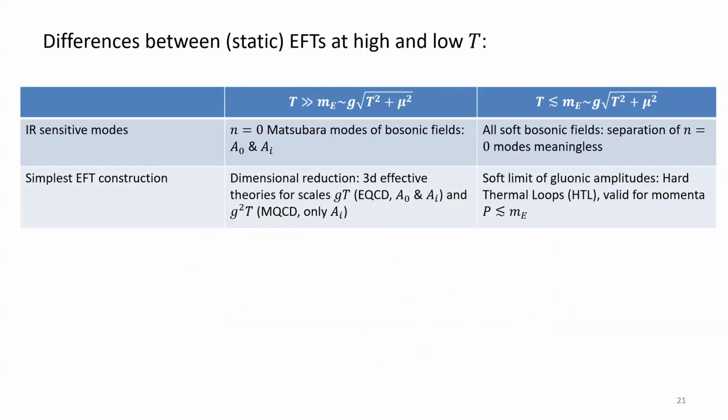What is the form of the low energy EFT, then? Well, the simplest answer at high temperatures is these dimensionally reduced three-dimensional effective theories that are constructed for the zero Matsubara modes of the bosonic fields. I won't go in this direction in any detail, but just note that if you know these terms like electrostatic QCD, EQCD, or magnetostatic QCD, MQCD, then this is sort of the